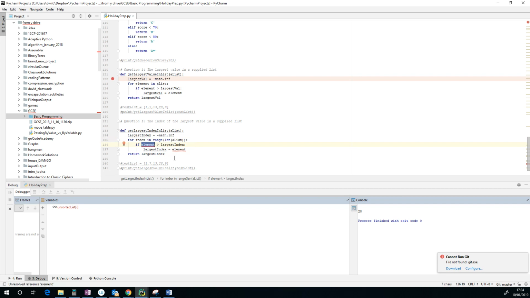And rather than element, I'm going to call that, what is the element? Well, the element is the actual content. So the element is equal to the content at that position. So this is going to be a list index. Okay, that's the value of the actual contents. And I'm going to test the value of the contents. If it's bigger than